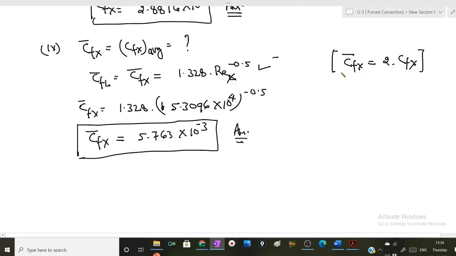Now please mention here that it is from the data book. Later on you will be forgetting. Because some of the formulas you are supposed to refer from the data book, and some of the formulas you have to remember. The list I have already discussed in the previous lecture.